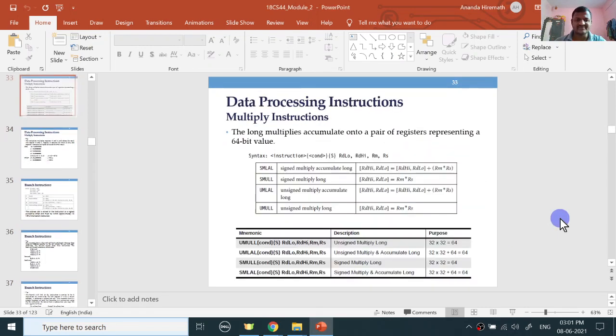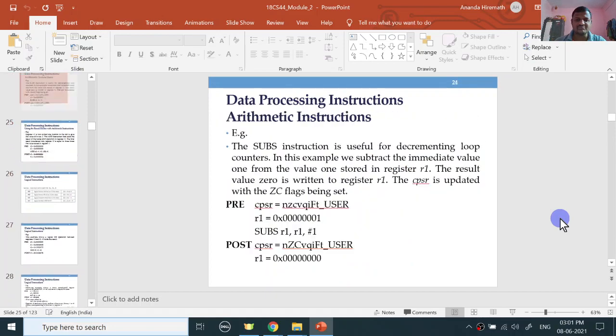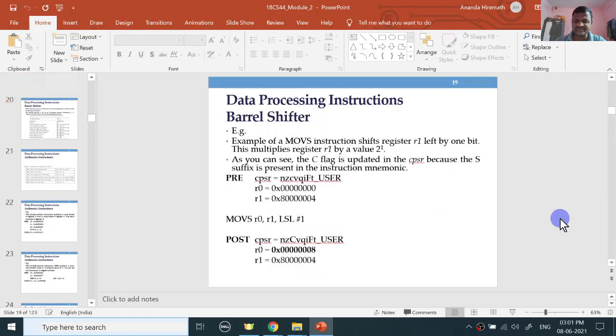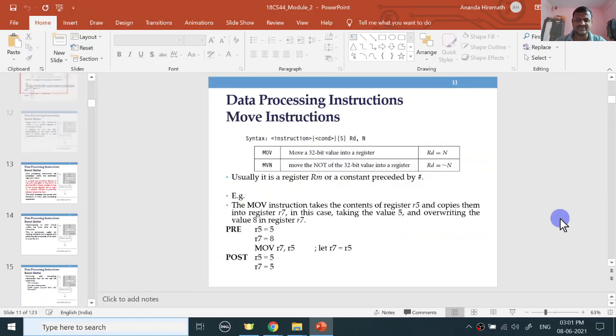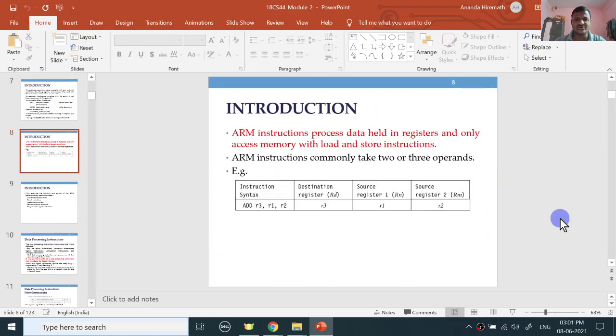Turn off your mic. In the morning class, before I start the discussion, keep your notebook ready so you can copy the instructions we discuss in today's class. Even in the morning, you copied a few instructions. You should keep a copy of these instructions, as they are required when you start writing the program. After repeatedly using this list, you can memorize all the instructions, including their usage.